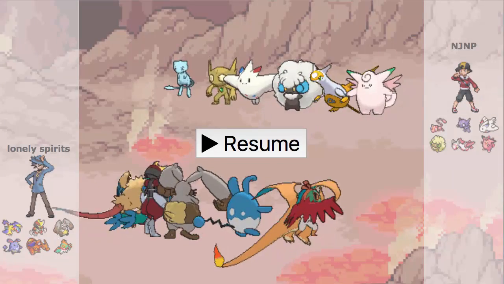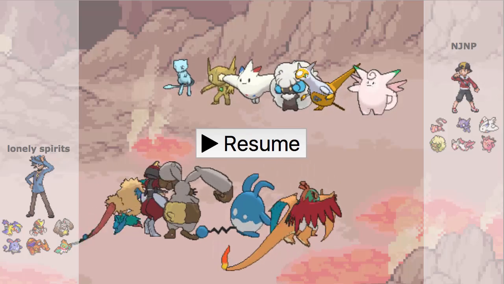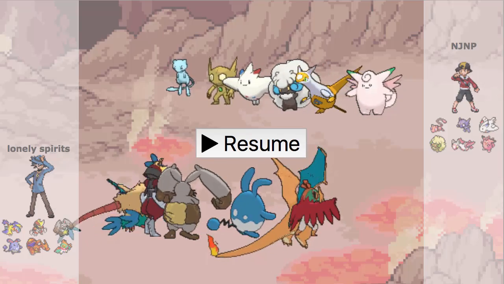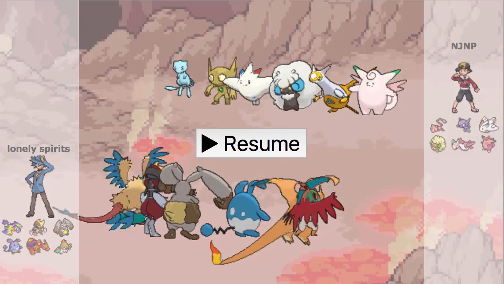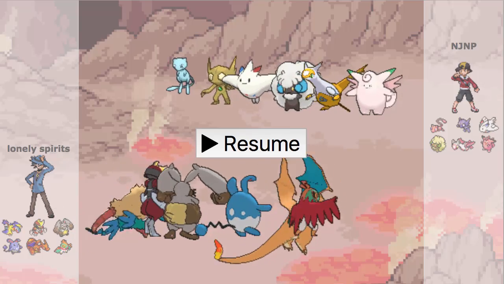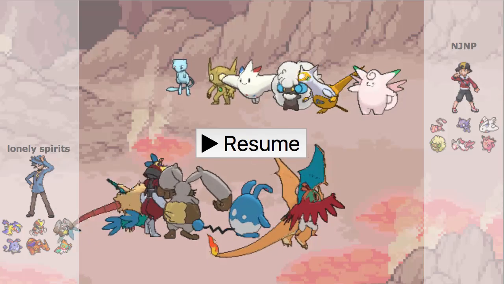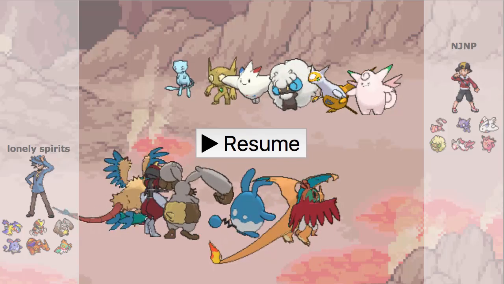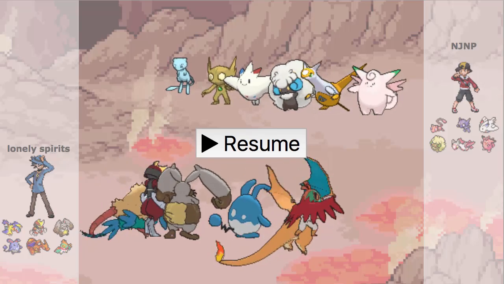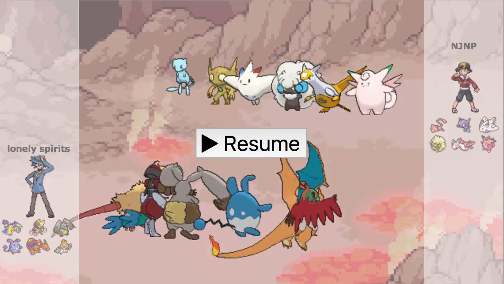Alright guys, we're back for game 2, and looking at his team, he has brought a very disgusting team that you can immediately recognize is Baton Pass. He actually built this with Dennis, and I talked to him later and he told me that it was because a lot of my teams were weak to Baton Pass. But luckily for me, I do have some countermeasures for NJNP's team,